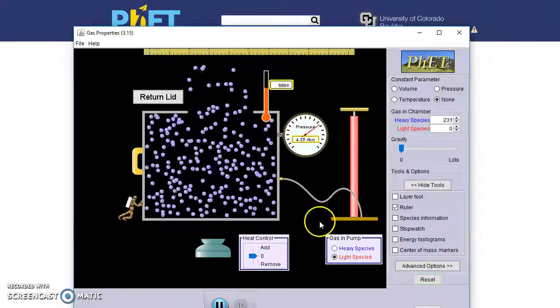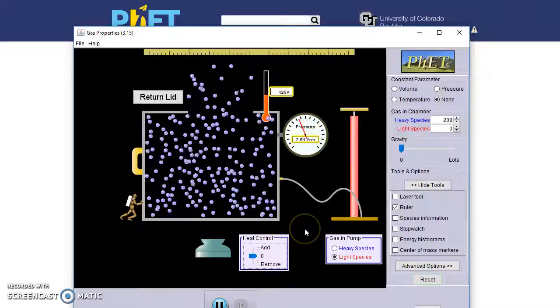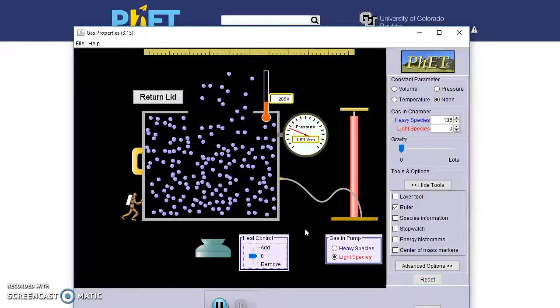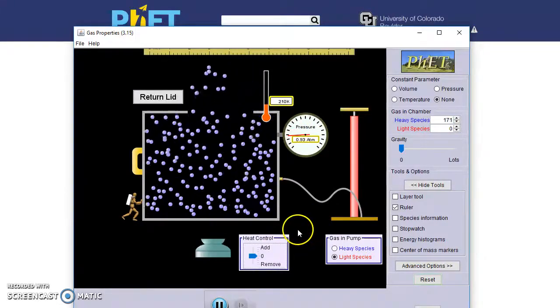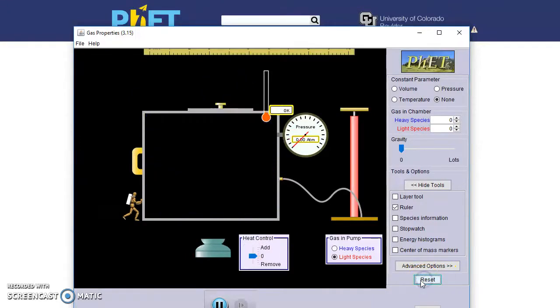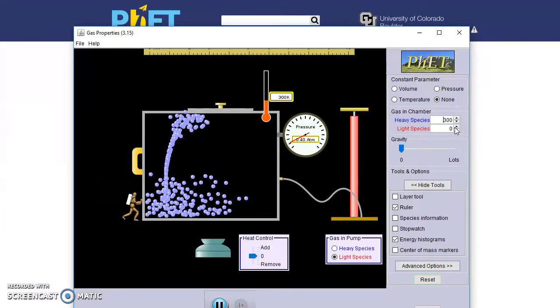You could try to double the temperature. You could try to triple the temperature. These are just some examples, but again, the teacher needs to be in charge of the learning goals. The teacher needs to ask the questions, and this can all be studied, and the learning can be enhanced with